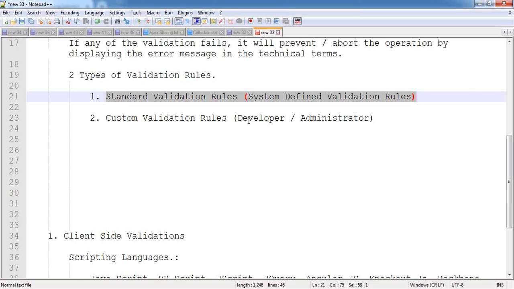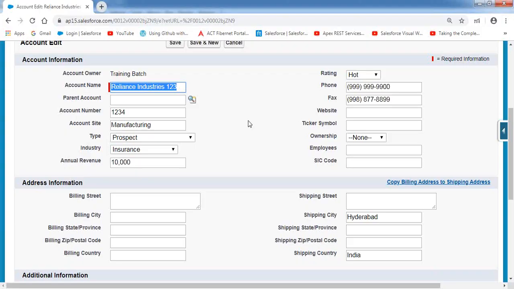Whenever we are making the fields required through validation rules, it will make that field mandatory, but the red color bar symbol will not be visible. The user will think it is an optional field, so there is no need to enter the value. After entering the value inside this red color text box field, he will click on the save button. When you click on save, my rule will fire, and it will show the message, please enter the value